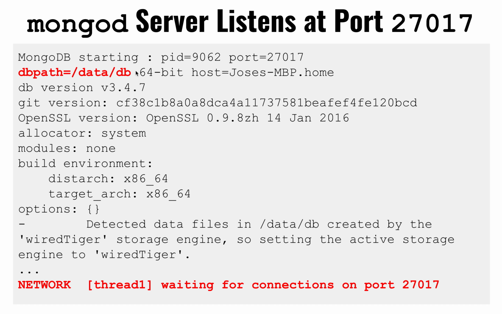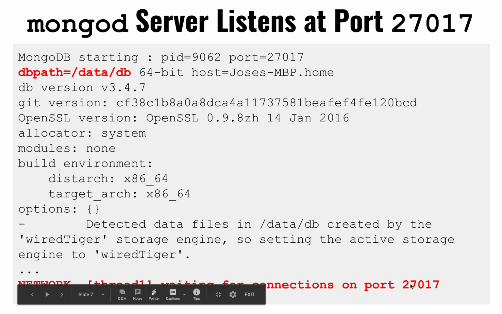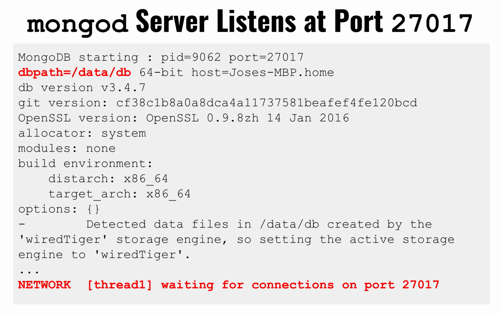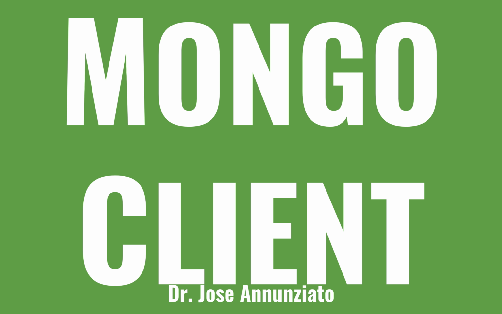If it doesn't find it, it'll complain and stop. Otherwise it waits for connections at that port. The default port where the server listens is 27017. That's the equivalent of MySQL listening at 3306 or something. I forget. Then we'll use the Mongo client.